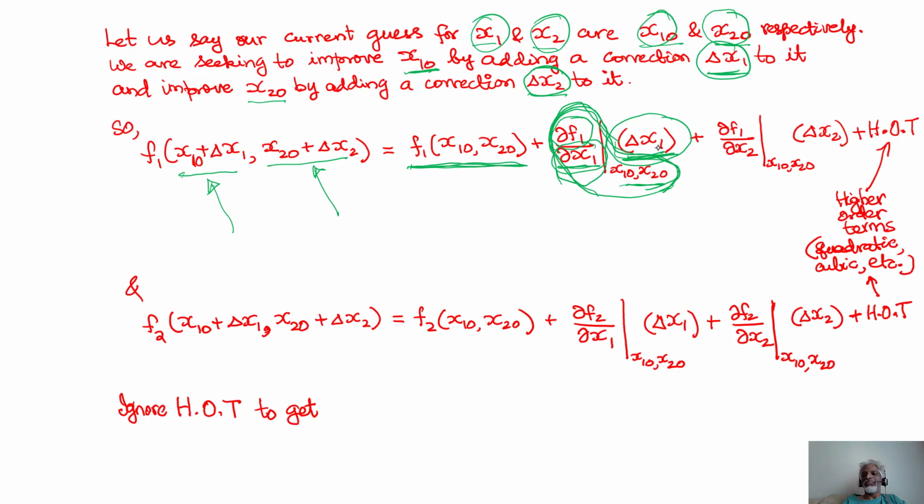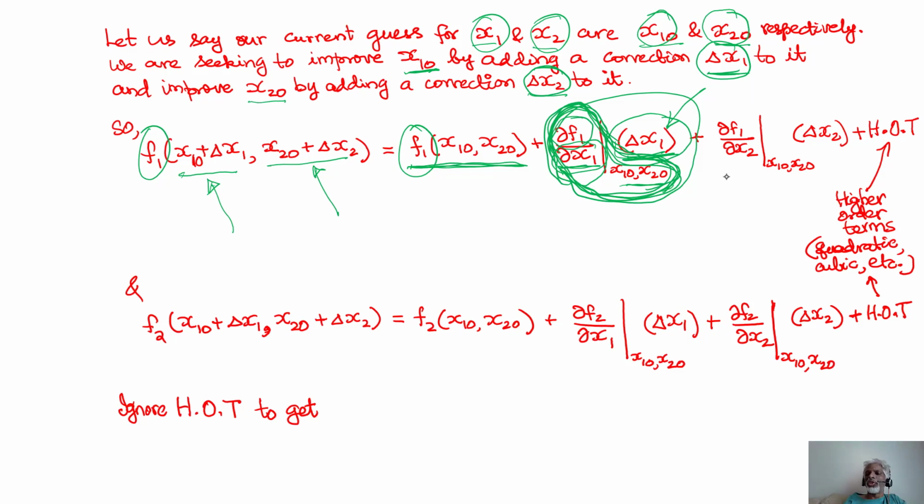So if you look at dimensions or units, this is dou f1 by dou x1 multiplied by something related to x1. So the units of this whole thing will be in terms of f1, which is what is here and which is what is here. So the sensitivity of the function f1 with respect to the variable x1 is given by this partial derivative. So if I change x1 very slightly, f1 will change by this amount. That is what this function tells us. So then I will multiply it by the actual amount that I'm moving, which is delta x1. So that will give me the change in the value of the function as a result of changing x1 by delta x1.